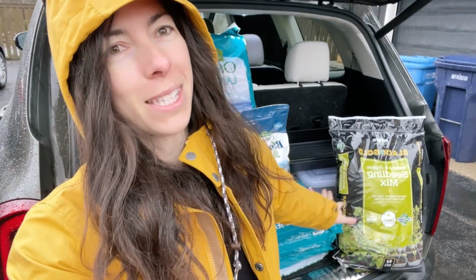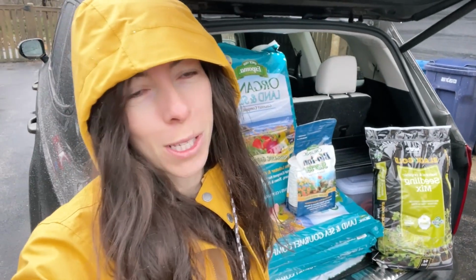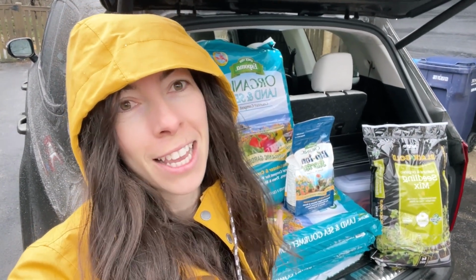Then we've got some seed starting mix because I've got more seeds to start. And of course, Biotone starter fertilizer because things are going to get planted in the garden now. And I always put that in before I plant anything. So it's a slow release fertilizer, has yielded excellent results. So I got another little baggie of that. And then also